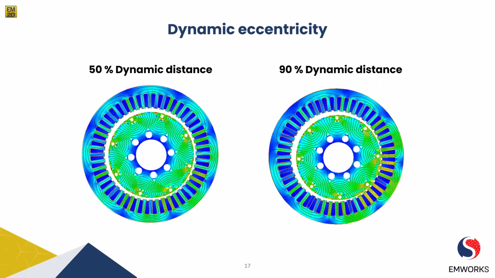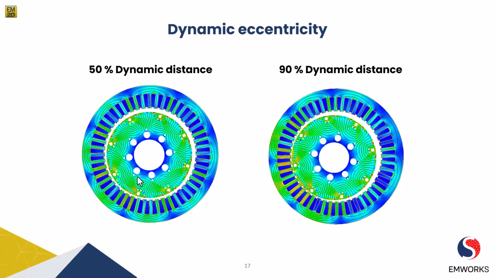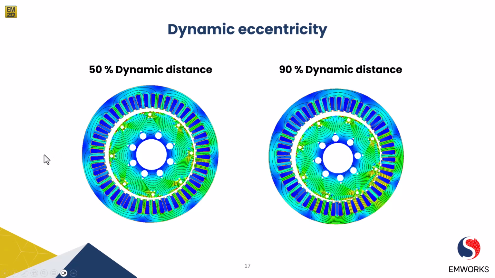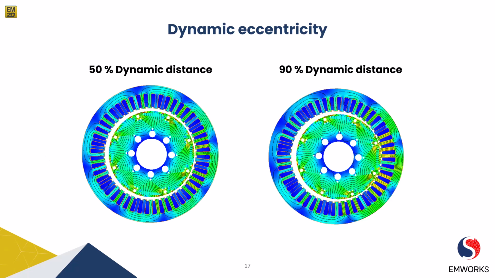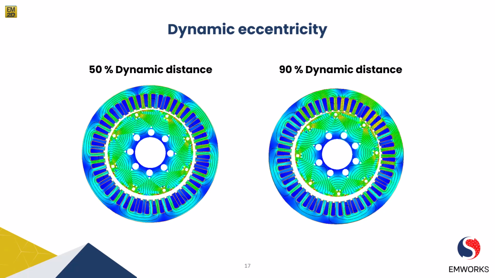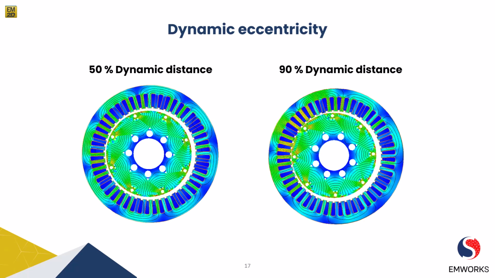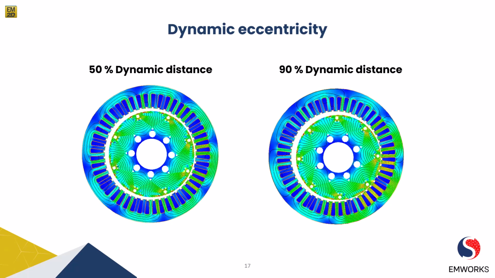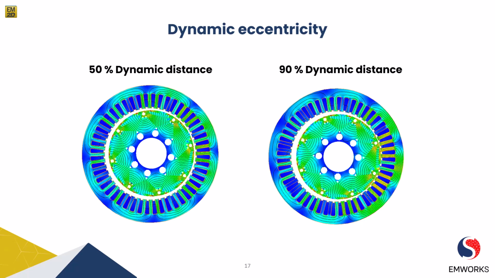Moving ahead, now in the case of 50% dynamic distance, the flux density plot may show fluctuations in the magnetic field strength and flux density values across the air gap as the rotor rotates. The plot might exhibit periodic changes in the flux density distribution with peaks and troughs occurring at different angular positions